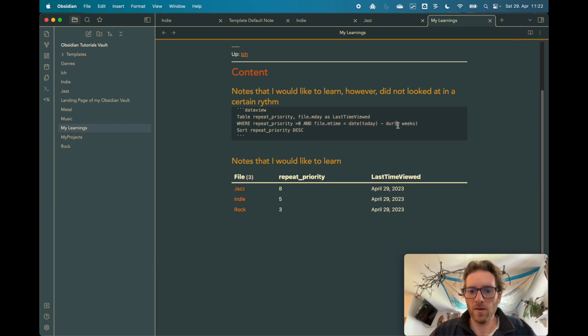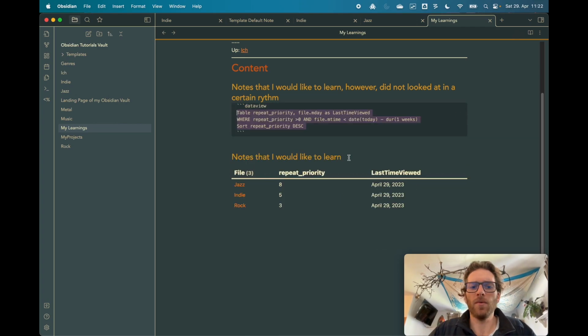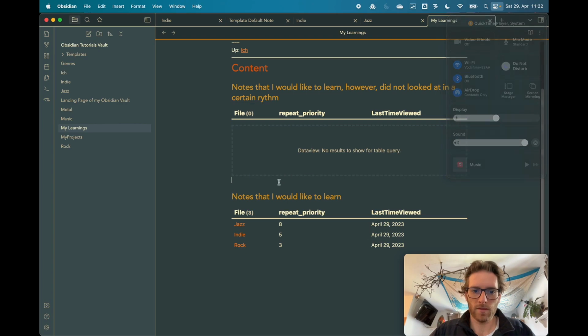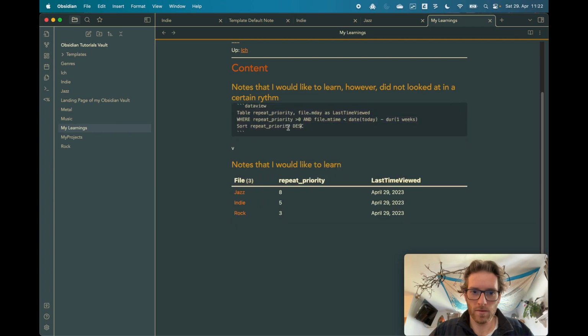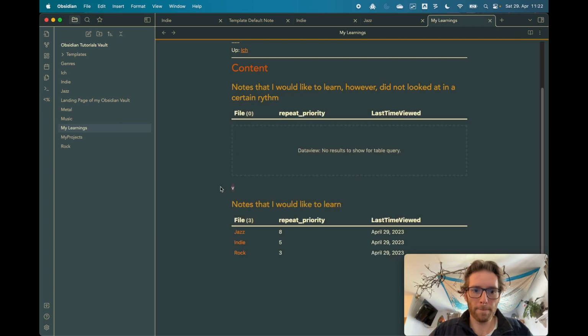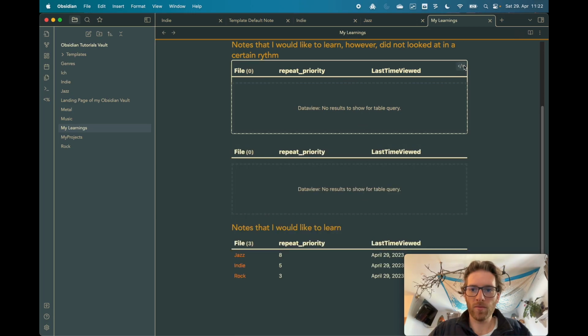You can also write down 2 weeks or 3 weeks here, but I just said you can, oh, that's also a good idea actually. You could say with priority bigger than 5, make, let's do it. Just comes into my mind spontaneously. So the ones with a pretty high priority, so bigger than 7, show me them every week,